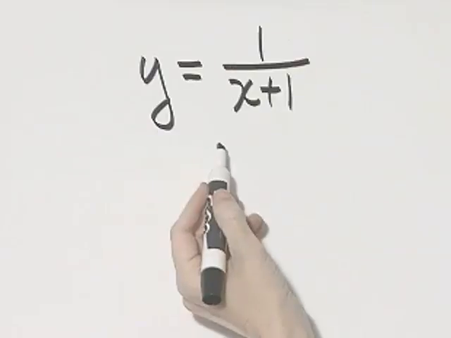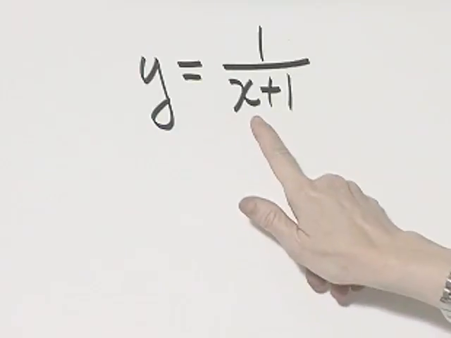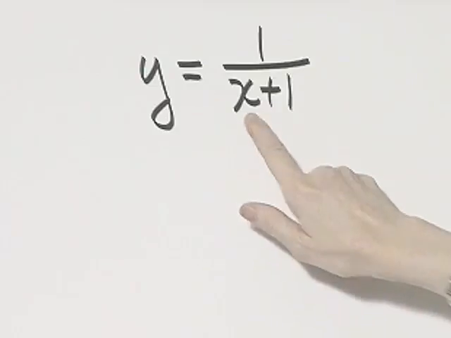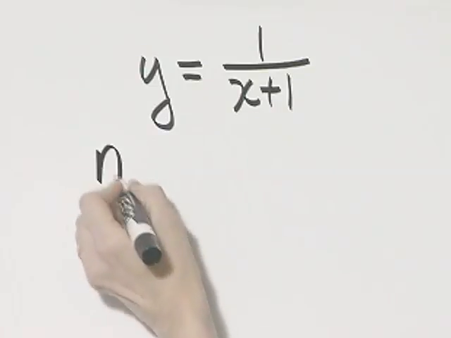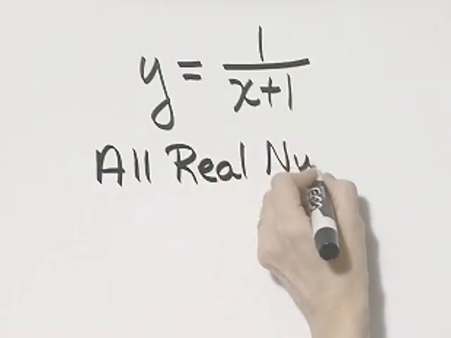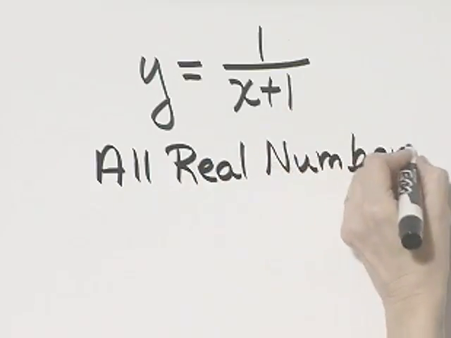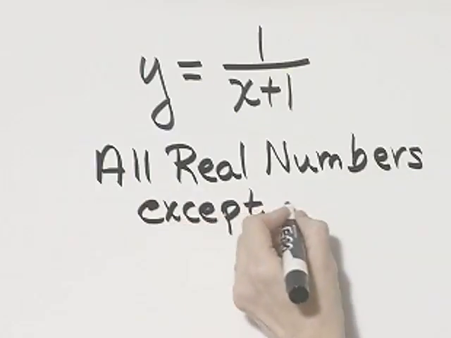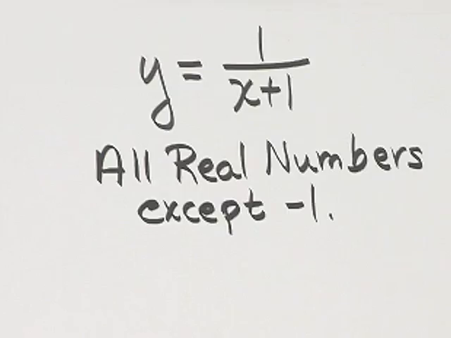So what's the domain of this function? x can be any real number except -1. That's the domain: all real numbers except -1. Now, if you think of the whole number line and you want to write it in interval notation, the